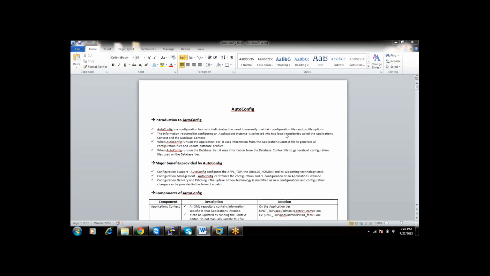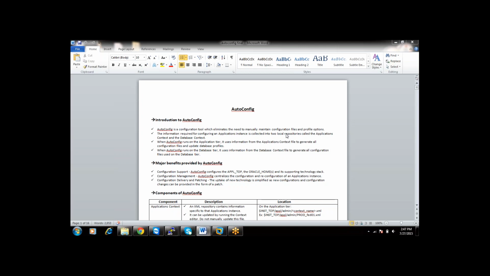Moreover, you won't see one configuration parameter in only a single file. You will be seeing one configuration parameter in a couple of configuration files. I mean, you will see a single configuration parameter in multiple files. So it means the same context parameter will have the same value in multiple files.